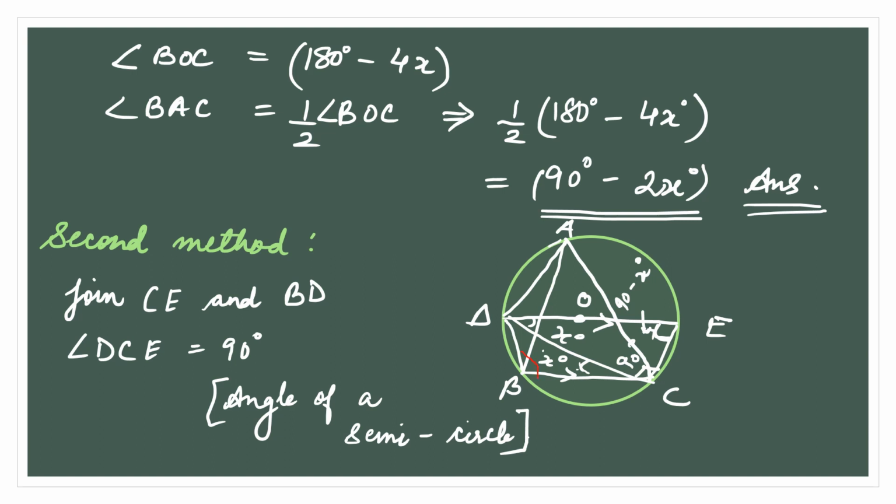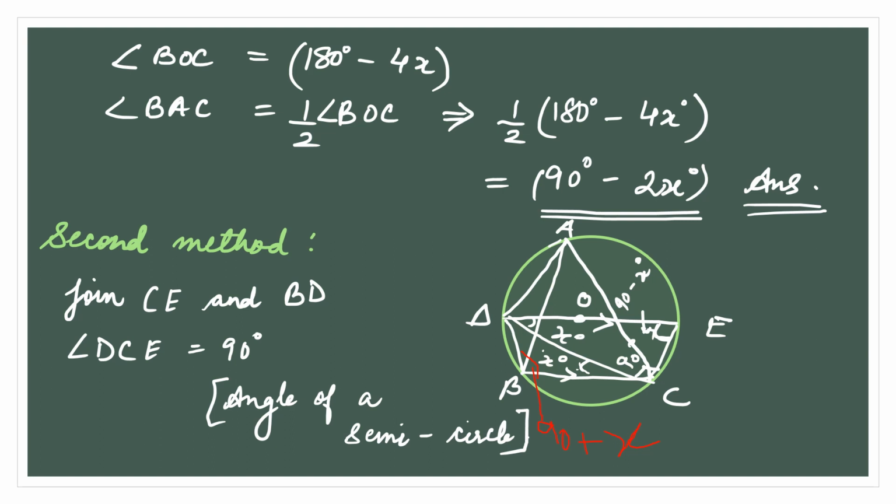This angle will be equal to 90 plus x degree. Okay. So it will be equal to 90 plus x. Now this angle and this equal to 90 plus x. So what happens when we see this quadrilateral,